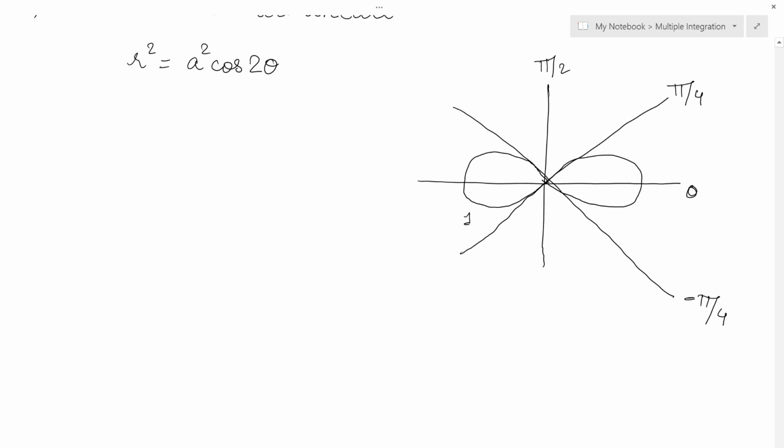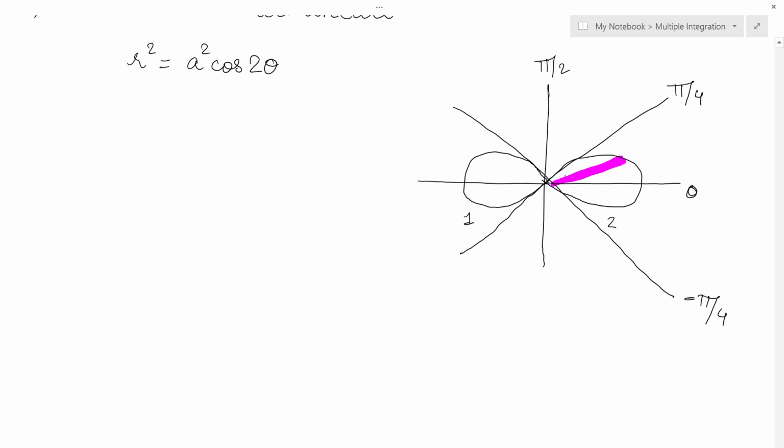This is loop 1 and this is loop 2. So whenever I find the integration of this, for 2 loops you will multiply by 2. Or you can add one loop to another loop, or multiply 2 into the first loop. That will give you the same answer. But if the question asks to find the area of only one loop, then you will not multiply by 2. Right? So, we find one and multiply by 2 because anyway it is the same.